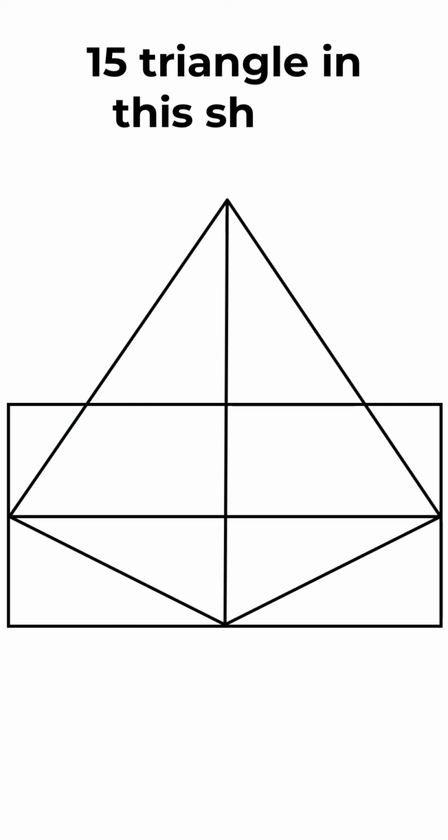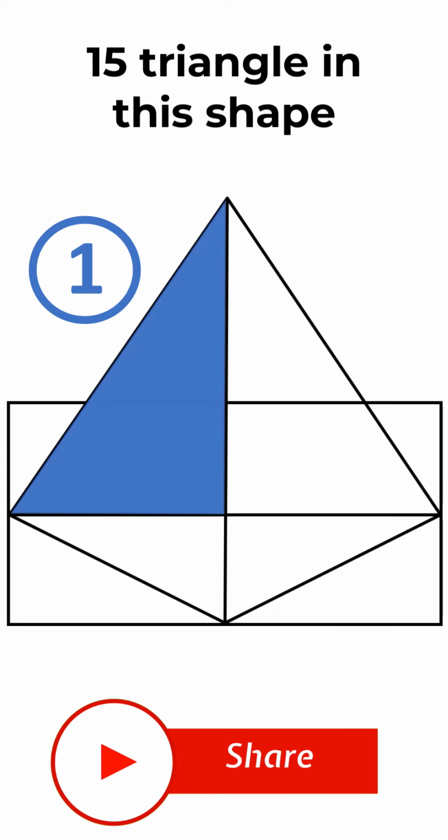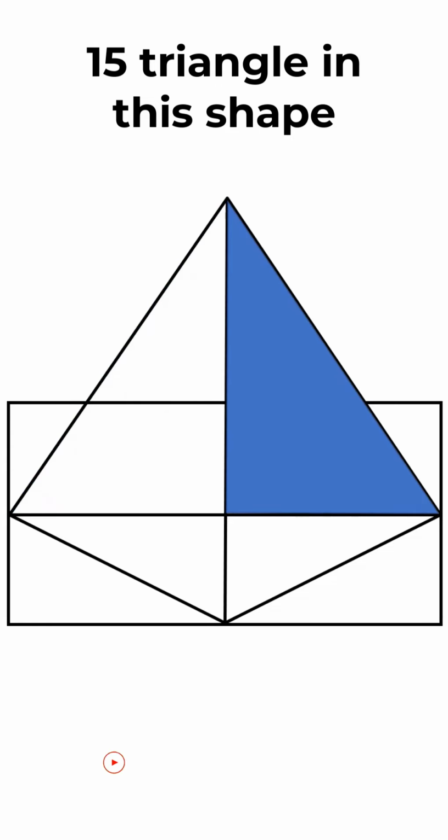But I was very surprised when I counted 15 triangles in this shape. Let me go over and show all of them to you. Here's the first one, second,